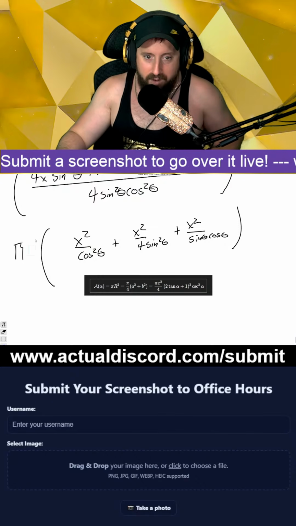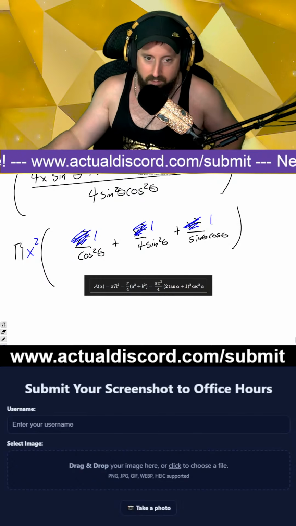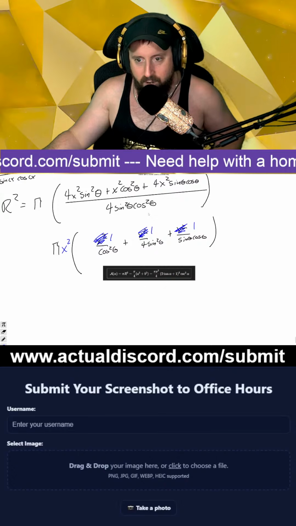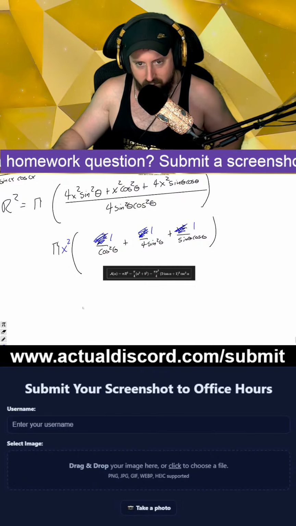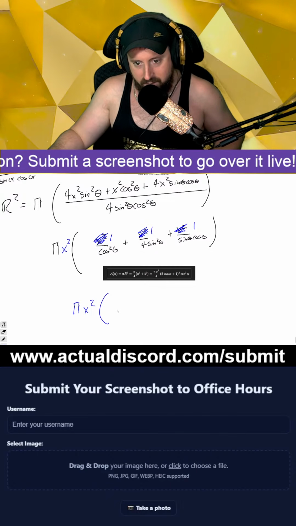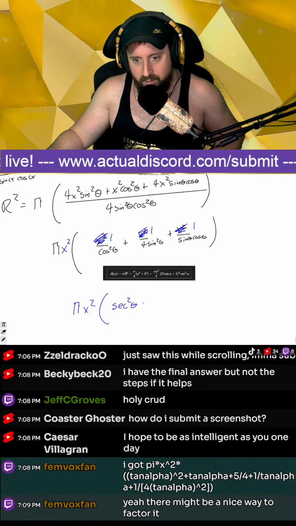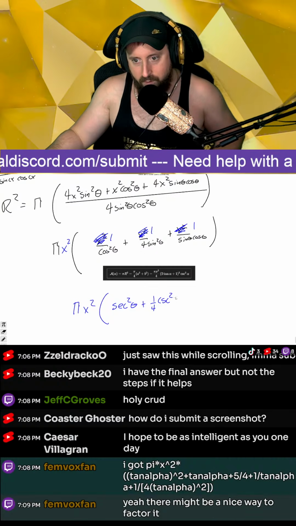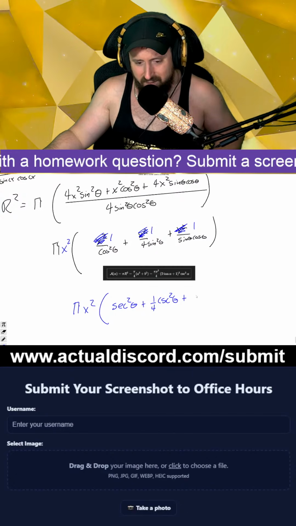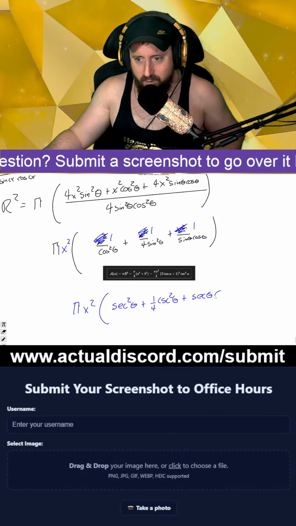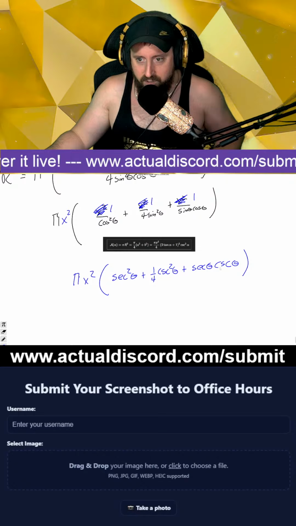We agree there's a pi x squared coming out, right? We like that? Yeah, let's get rid of this. So what is that? And they want me to pull out a cosecant. No, wait. So pi x squared, and then I get secant squared theta plus 1/4 cosecant squared theta plus... this is kind of annoying. 1 over sine, that's cosecant. Secant theta, cosecant theta? If you pull out a cosecant,